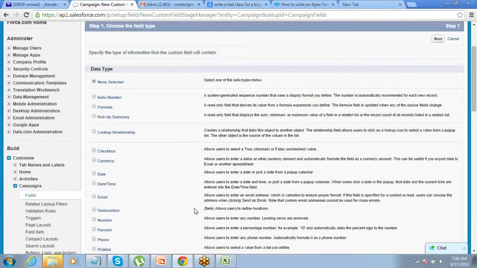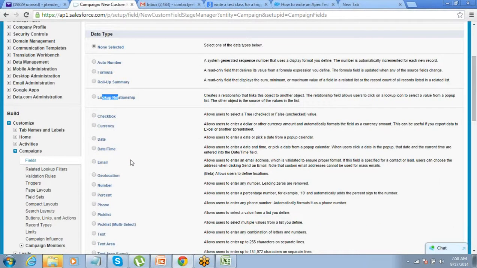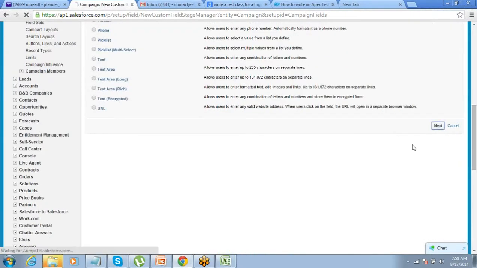Now the moment you start adding the field, you first have to select the field type. What type of information will go into this, right? If you see, there is an option of relationship field also, but that is something we will do a little later. This is used for creating relationships. I want to put a field called allocated budget, which will be currency. Select currency, go to next.